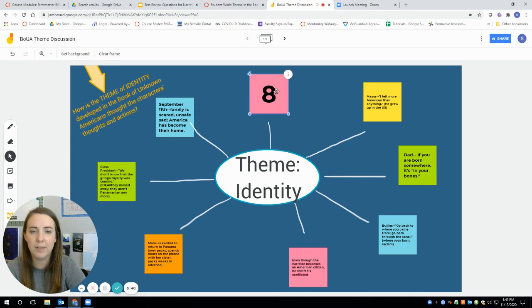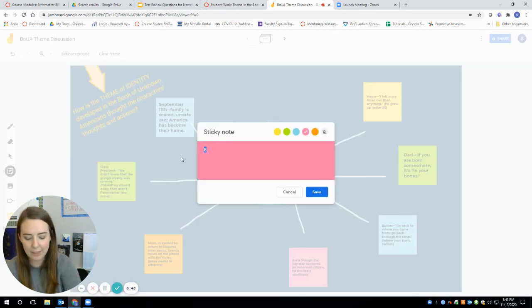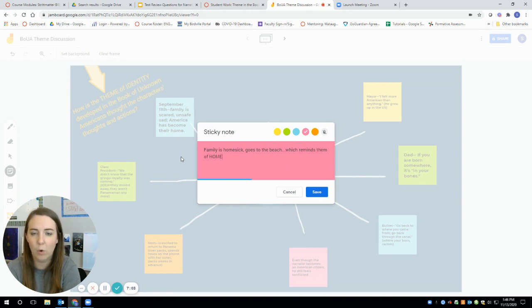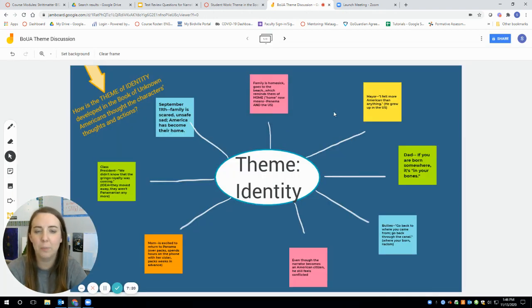Finally, there's this awesome scene. They never do get to go back to Panama, but the dad does take them out on a beach. And the beach isn't quite Panama, but the mom says it is a little piece of Panama. So the family is homesick, goes to the beach, and the beach reminds them of home. And what's cool is home, I'll put that in quotes, home now means Panama and the US. So I want you guys to pick some of these examples or pick your own example